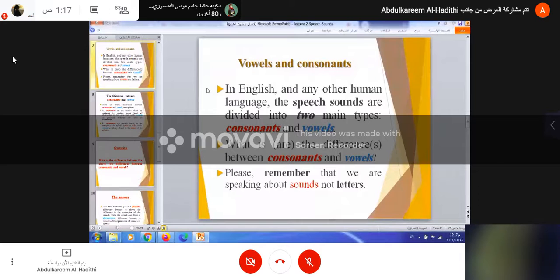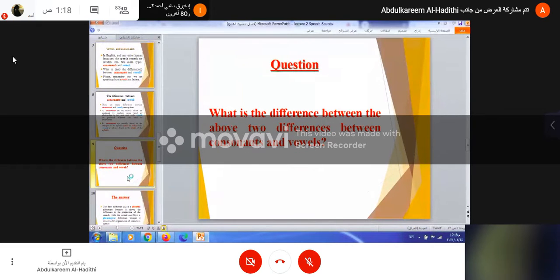We say that in any language, the sounds are divided into consonants and vowels. And of course, there are many differences between consonants and vowels. But the main difference between consonants and vowels is not the only difference. Here I am asking you, what is the difference between the above two types, I mean the vowels and consonants? What are the differences? In fact, it is not only one difference, but